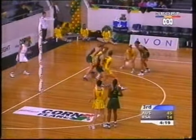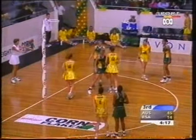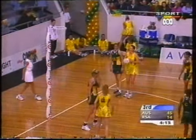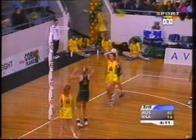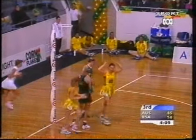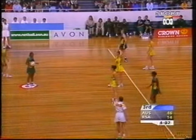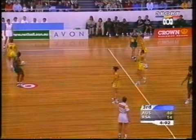Delaney on the baseline. Tricky ball she gave back to Hodge. It was well taken there. They don't drop many, do they? Penalty pass or shot. Beautiful hands. Southby, 15 from 21. I think Southby, when she was replaced at quarter time, must have had nightmares about that